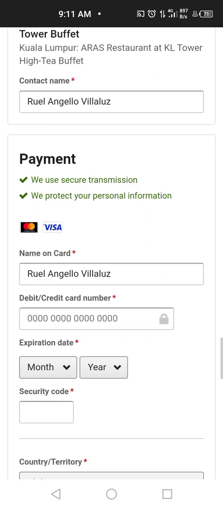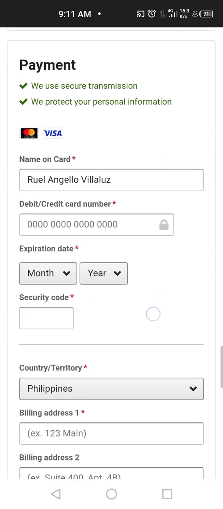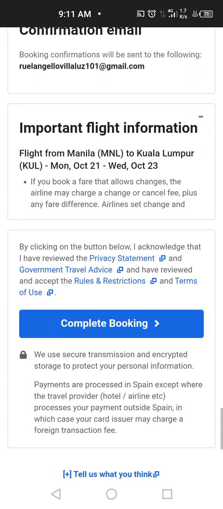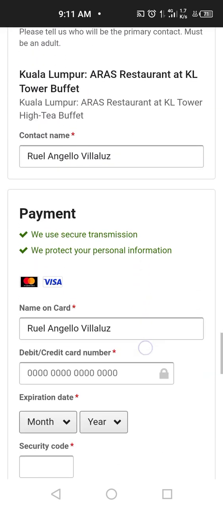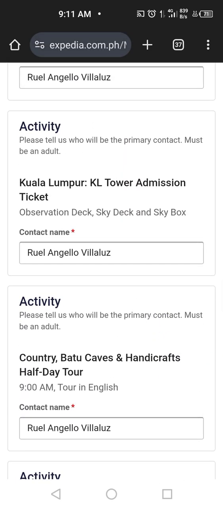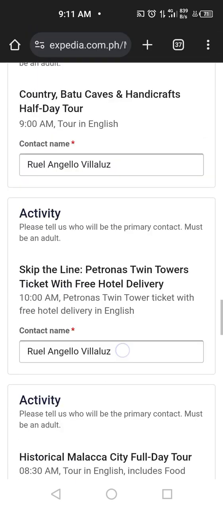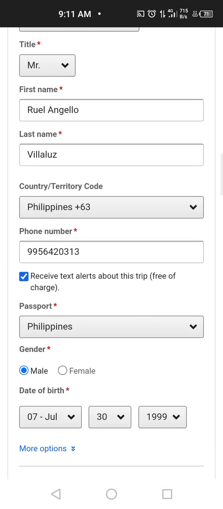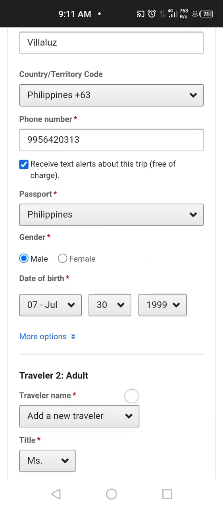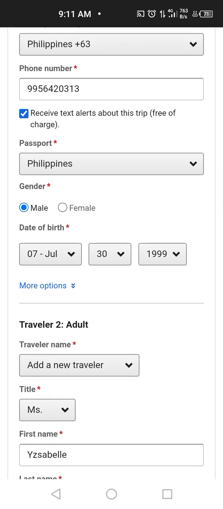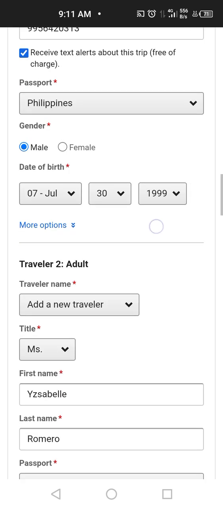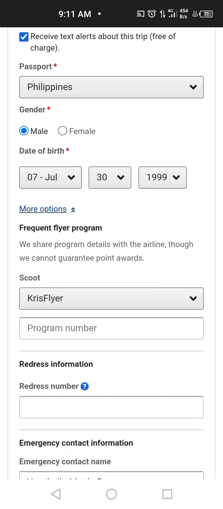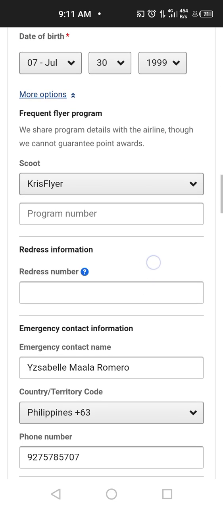Where's the rental? And we also have here the payment method. We have here the Visa. After you give the information that they will be needing, like personal information, your name, your phone number, passport, what country your passport is from, date of birth. There's more options here.